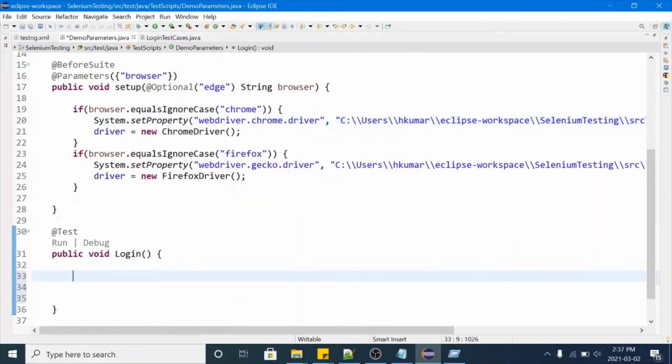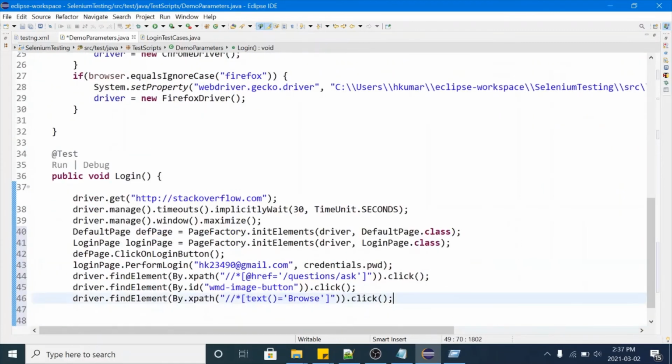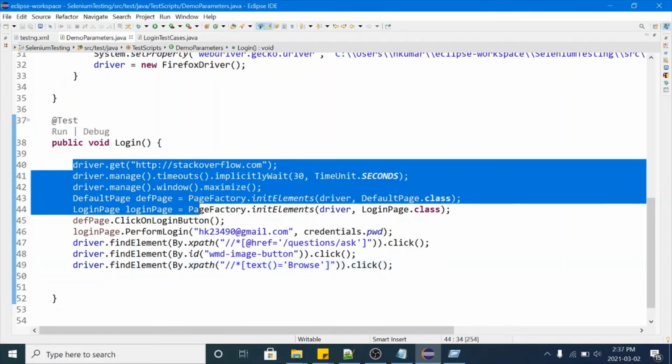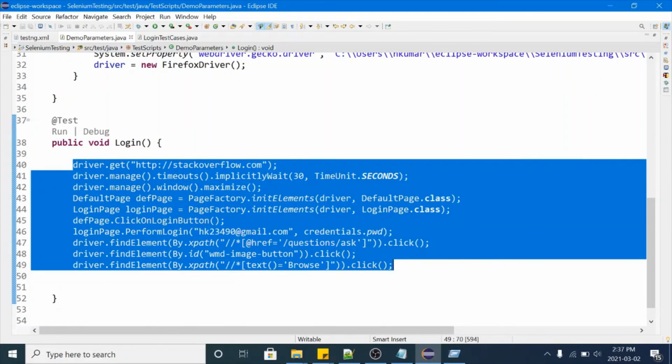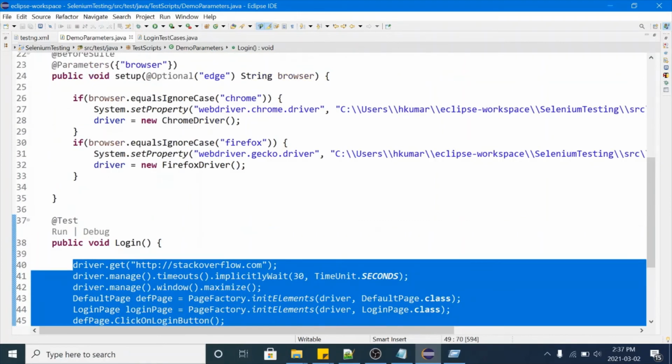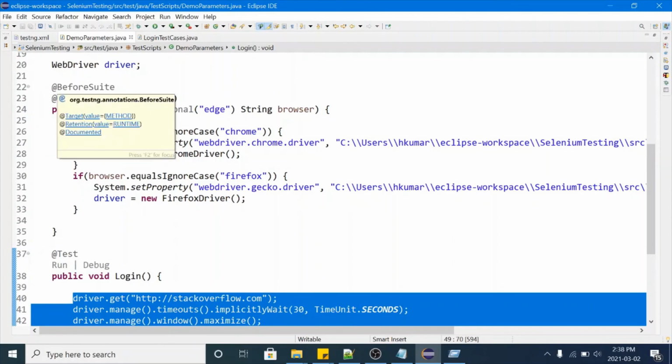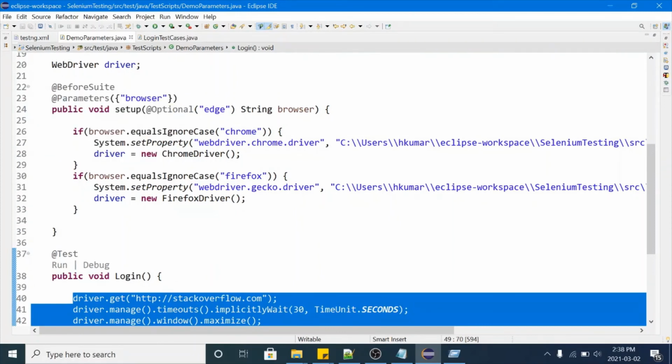The before suite method is creating one object of driver. And this script in our test case is totally independent of Chrome browser or Firefox browser. You are not having anything specific to Chrome or Firefox here. So in this demo you are getting two benefits. One is you are learning about before suite, and the uses of before suite and before test annotations.